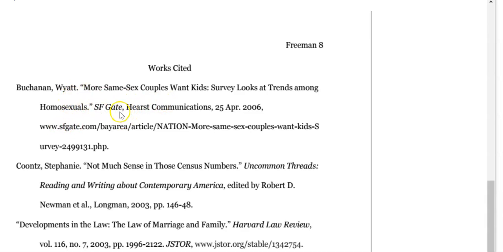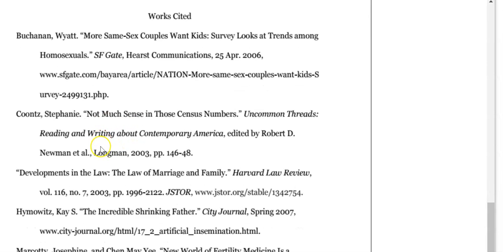In this case, we have a website, so the title of the article found on a website, the name of the website, the publisher, the date published, as well as the URL for the website.